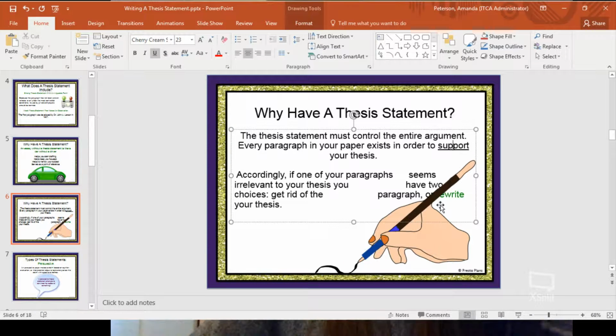So, it goes back to support it. Okay, and this helps you even with writing your paragraphs, because guess what? You're already going to know your main assertion. You're just coming up with different points off of that thesis statement. Okay, so accordingly, if one of your paragraphs is irrelevant to your thesis choice,